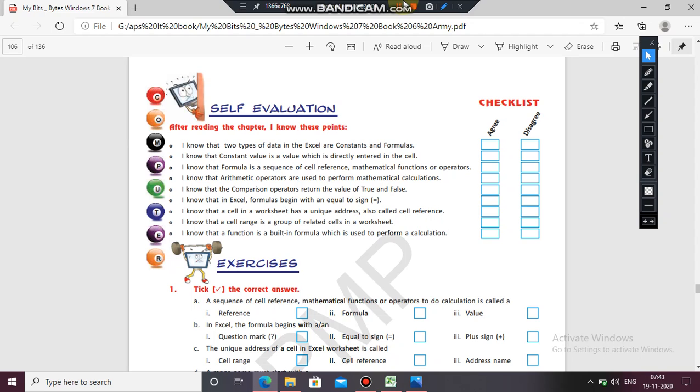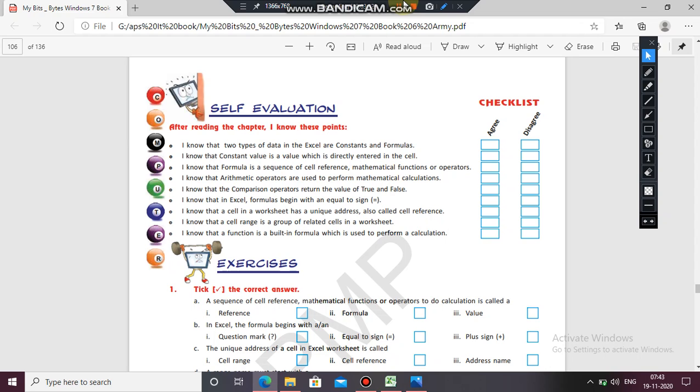You are taking the numbers between A1 and A6. It's a group of related cells, and that is called a cell range. You are taking the range from the starting to the ending point. So a group of cells in a worksheet is called a cell range.